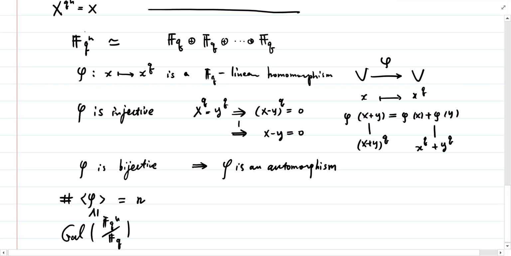Because this is a splitting field of x^(q^n) - x, it means there are q^n elements, which means all the roots are distinct. Which means that you cannot write it as